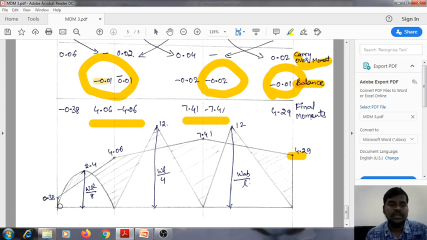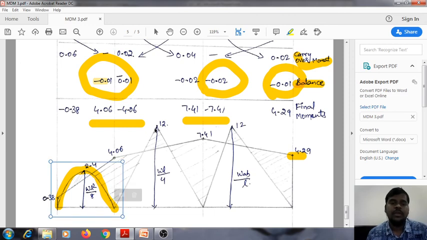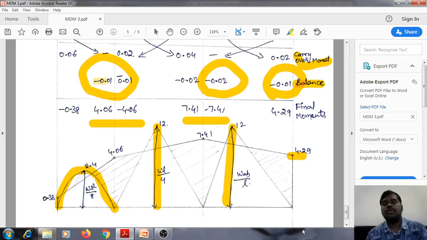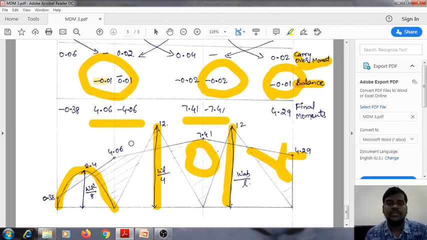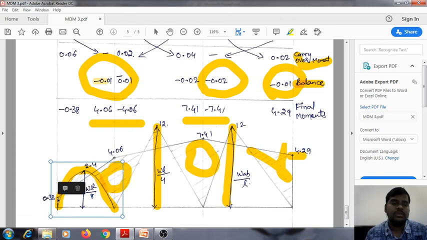So what is this? This is the free bending moment diagram. This we know, WL square by 8 for a simply supported beam and UDL, and this is a triangular one, that is WL by 4. And next this is WAB by L, because the load is acting eccentrically. This we have WAB by L. So after drawing this, we have to hatch this portion which is common, that is which is below the free bending moment diagram, and this portion.